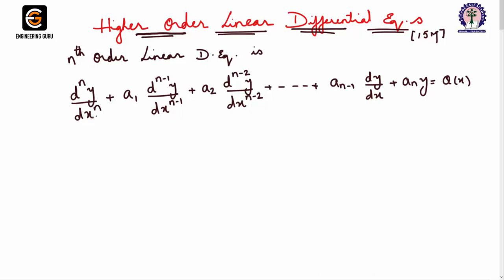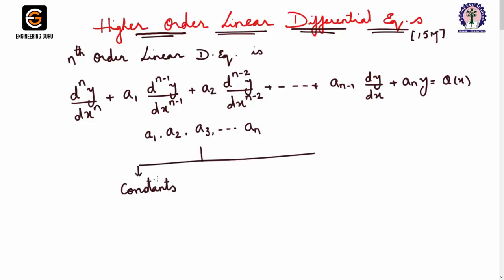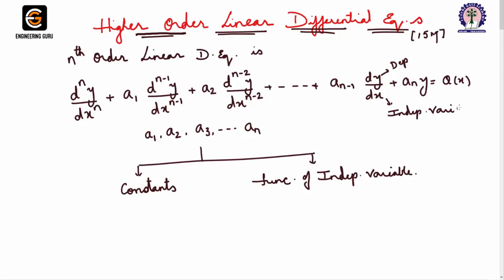Now since the highest derivative is of nth order, we call this equation an nth order linear differential equation, where these a1, a2, a3 and so on to an can be either constants or functions of the independent variable. Now what is an independent variable here? As the derivative is of the form dy by dx, this y is the dependent variable and this x is the independent variable. So if these a1, a2, a3 and so on are functions of the independent variable,